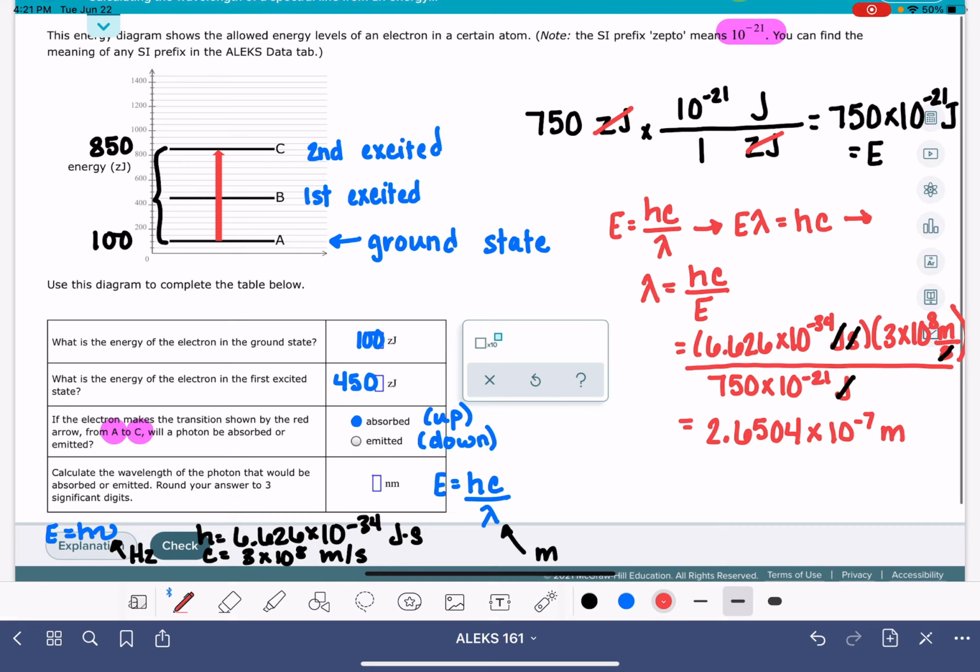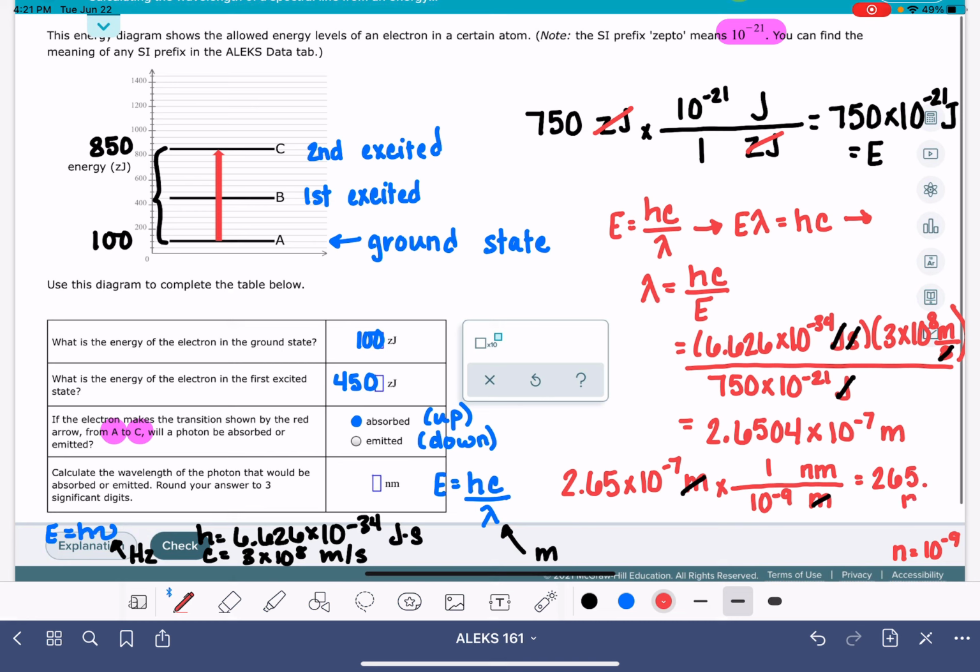To do this, I'm going to begin by picking my 3 sig figs, because the problem says I need 3 sig figs. 2.65 times 10 to the negative 7 meters. I don't want my number to be in units of meters, so I want that on the bottom. I do want nanometers, so I want that on the top. Nano is the prefix that means 10 to the minus 9, so 1 nanometer is 10 to the minus 9 meters. My meters are going to cancel,